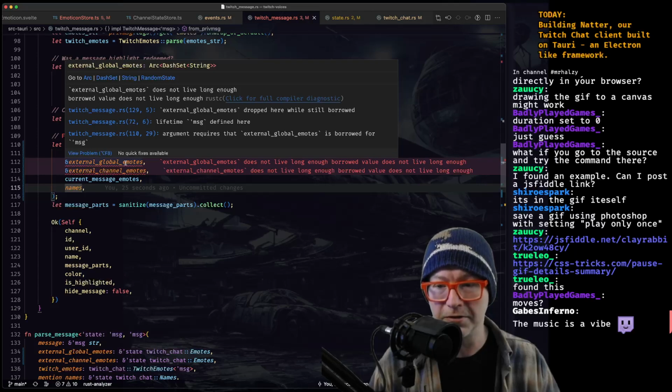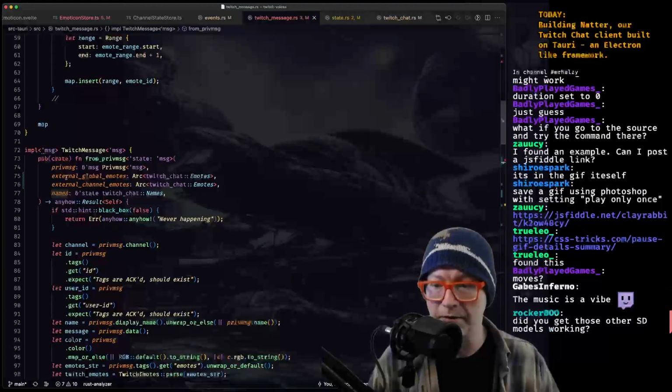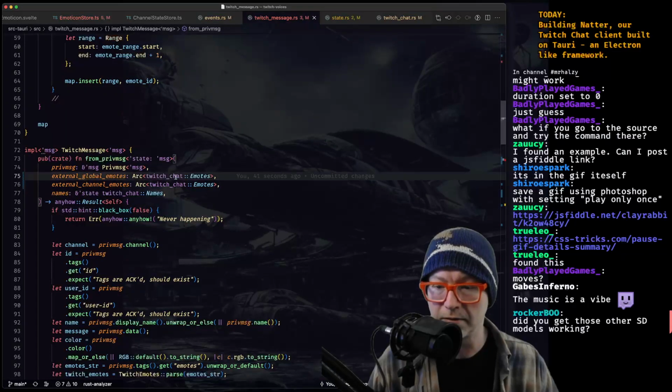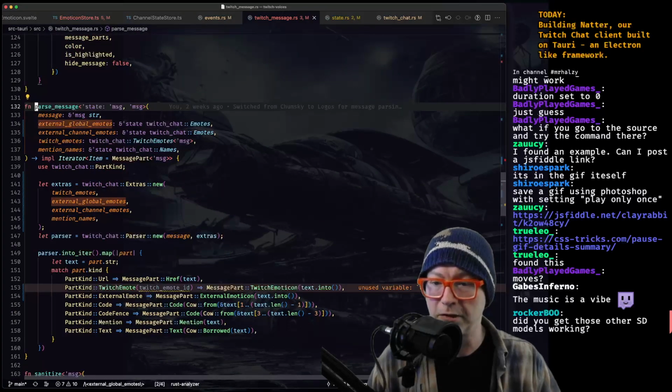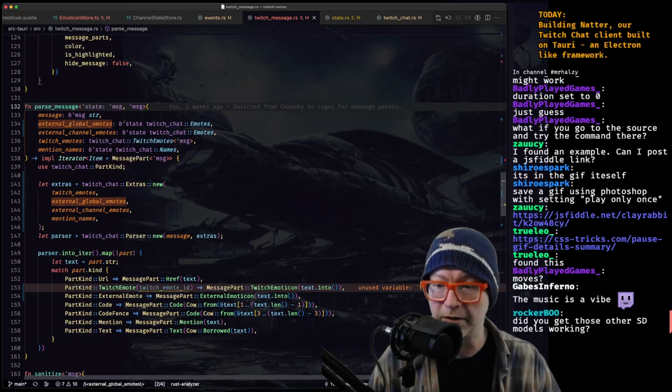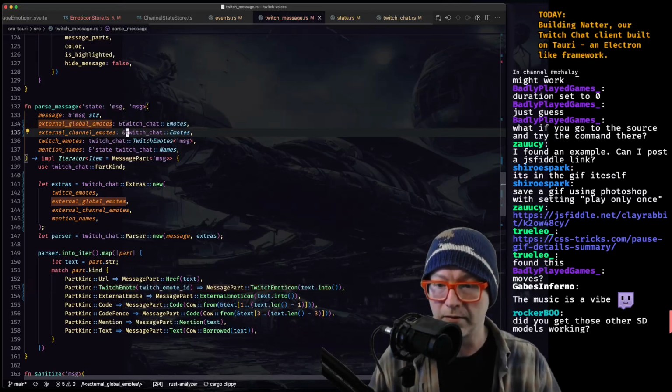Lifetime may not live long enough here. Argument requires that external global emotes is borrowed for message. And... Fascinating. Is that because we have state on here, which we can get rid of? Okay.